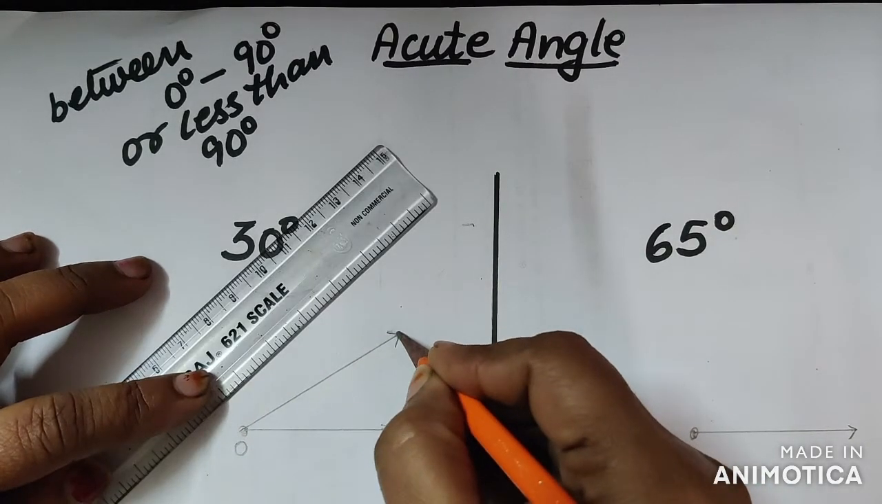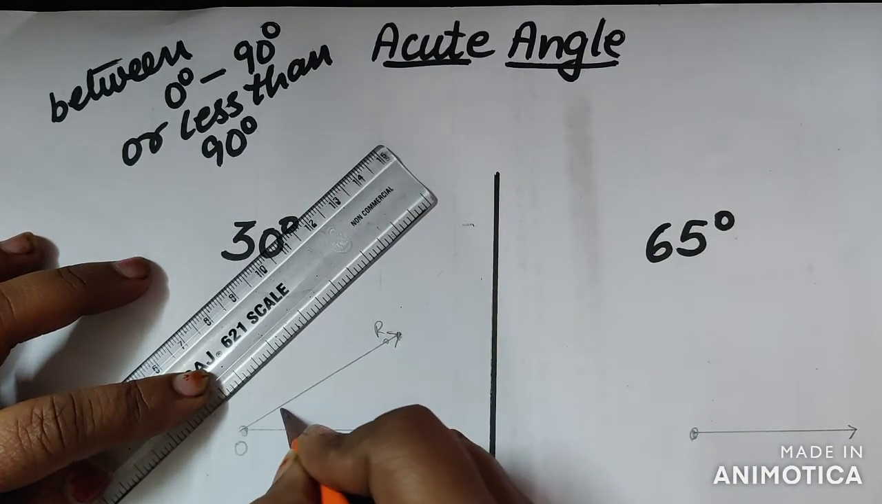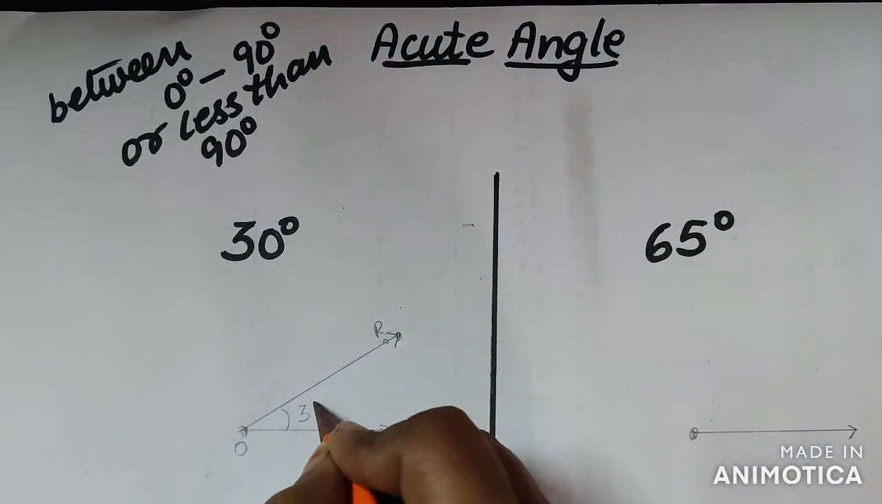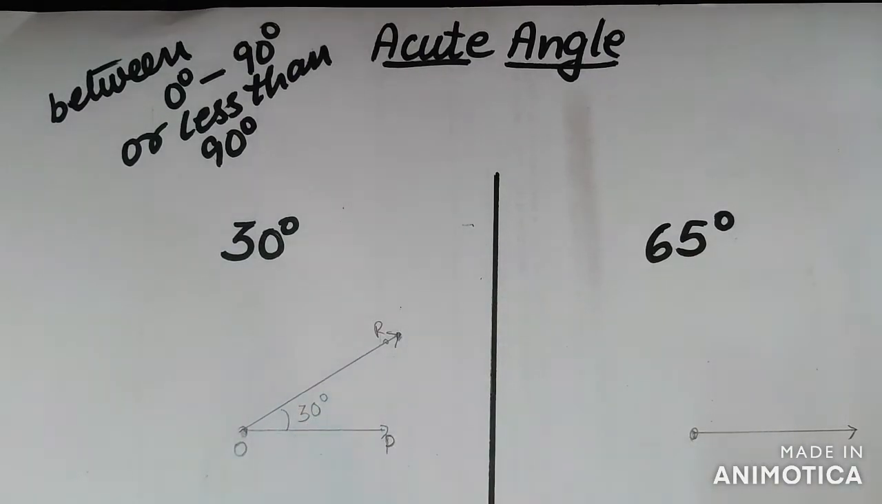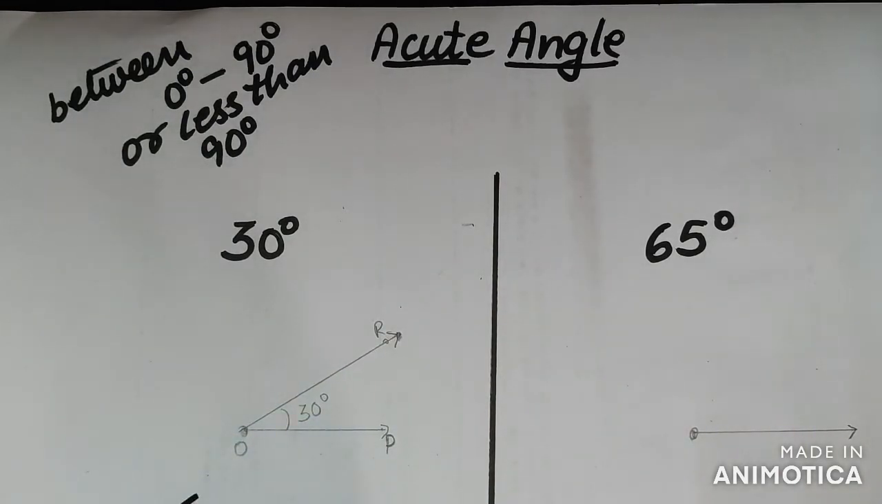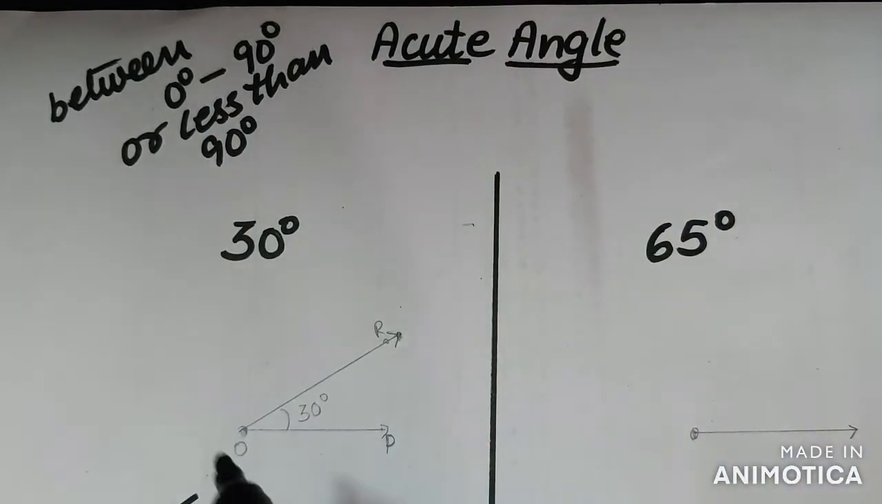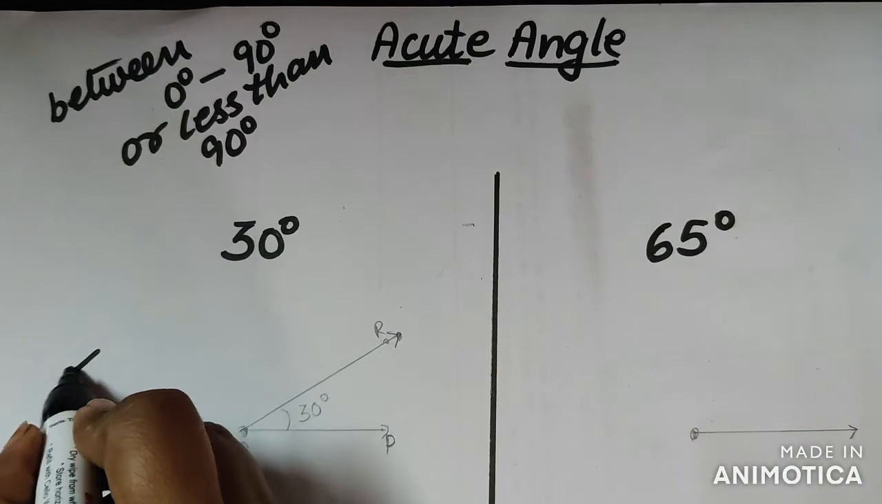Now make the arrow and just give the name R, right? So this angle whatever you make, that is a 30 degree angle. And how will you write it down? You will write down angle, this angle P